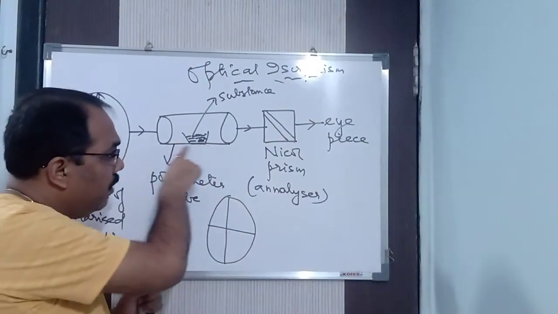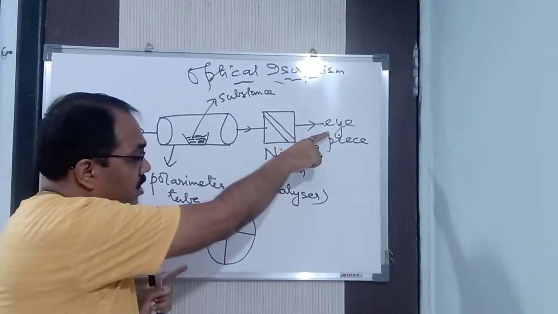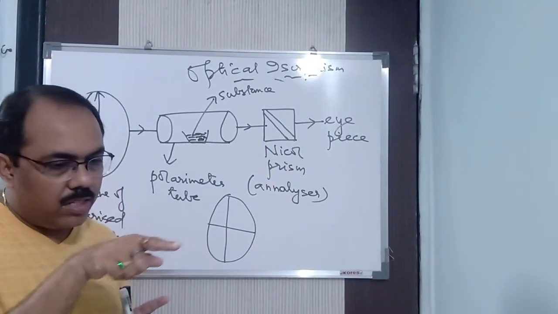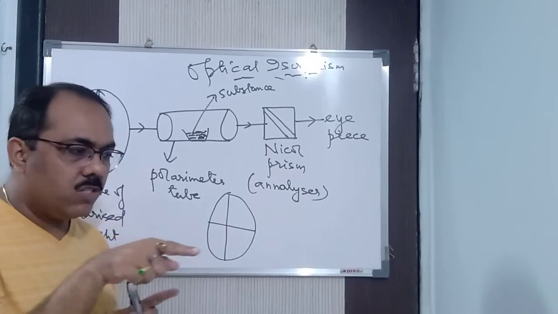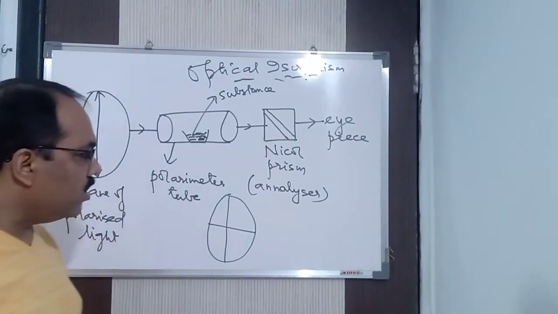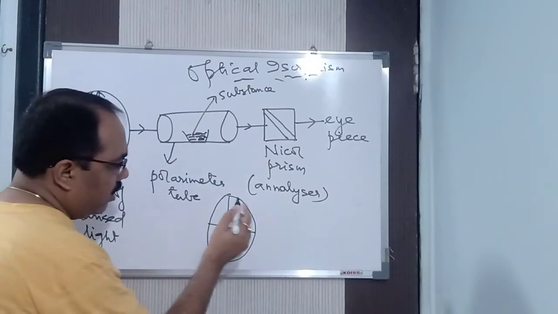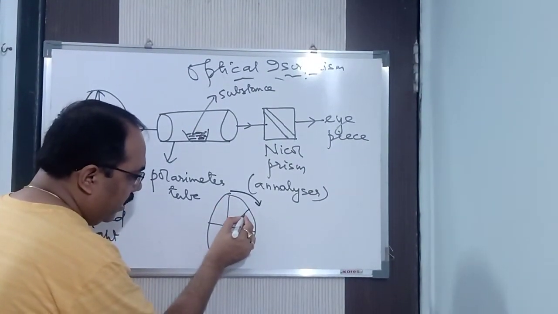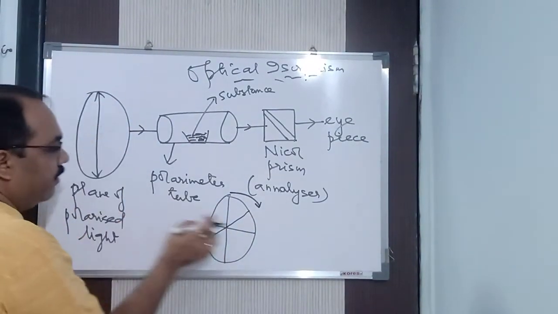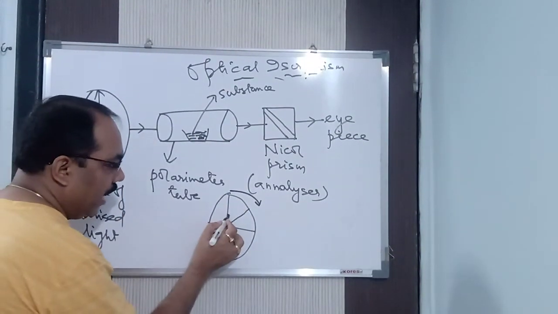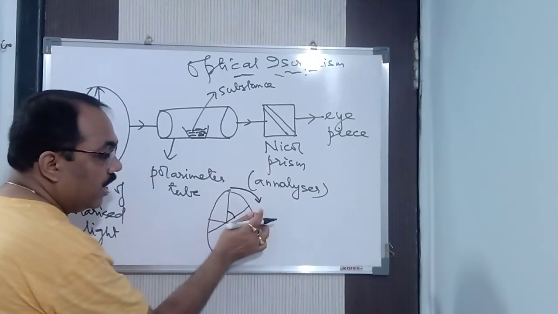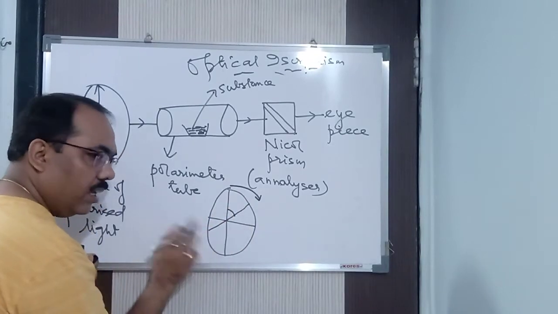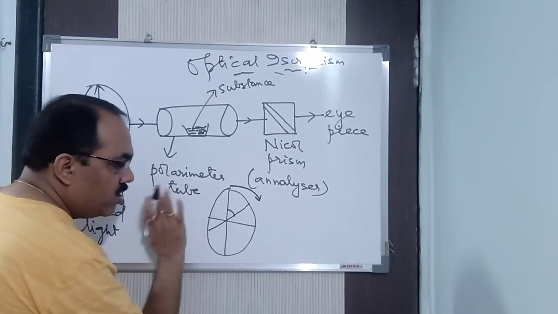Got it? After passing the plane of polarized light and after passing through the Nicol prism, when you are observing through the eyepiece, now you rotate the eyepiece towards the right first. Then you rotate the eyepiece towards the left and see what happens. Suppose in rotating towards right you see a line here. Which line? This line. If you see it appear at a certain angle, then you find that the given compound is optically active, because on rotating towards right you see this particular line.